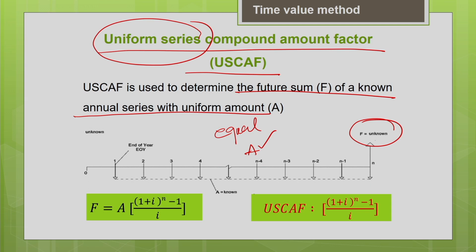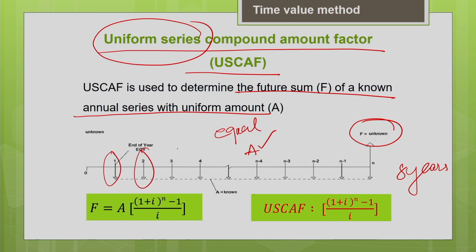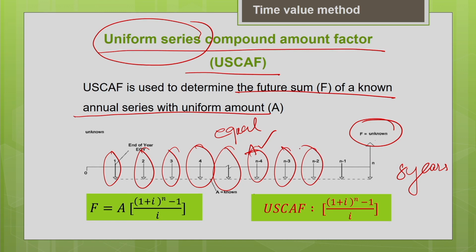So basically, say for example, I am investing in a bank. I am investing 1 lakh for 8 years. At the end of every year, I am depositing the same amount of 1 lakh in the bank for 8 years at the rate of interest of say 8%. So at the end of 8 years, how will this series of cash flows grow? What is the future value of this series of investments or deposits that you have made? That is what we are calculating here.